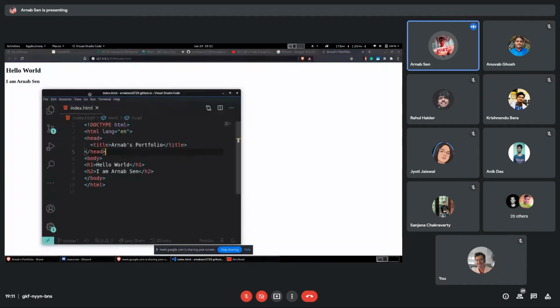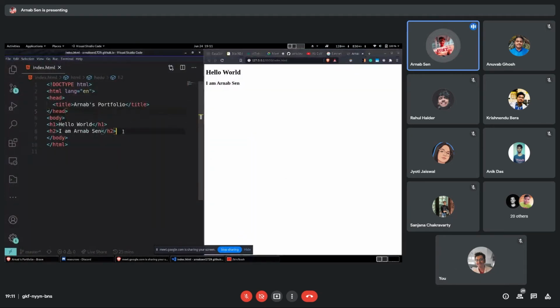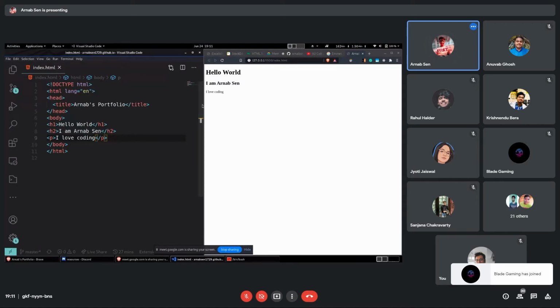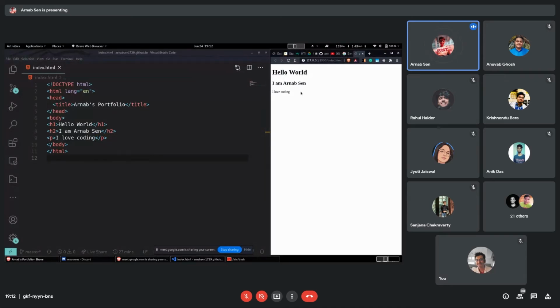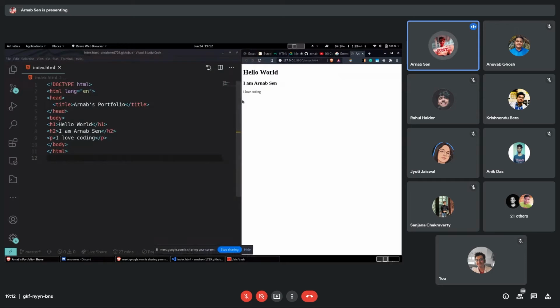Now, I'm going to put them side by side. If I make any particular change, say I'm going to add a p tag over here, I love coding, and I save. As soon as I do that, you can see the reflection. This makes it much easier to work with. So you can put your editor on the left-hand side and the browser on the right-hand side. You can just make changes and save, and you can see what's happening. And this is very handy. So that's one part. The second thing, as I was talking about, is Emmet.